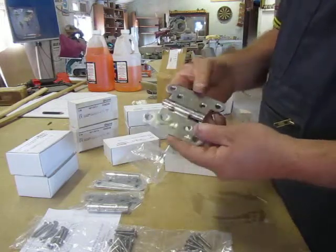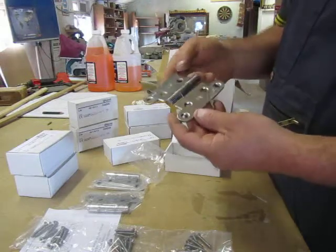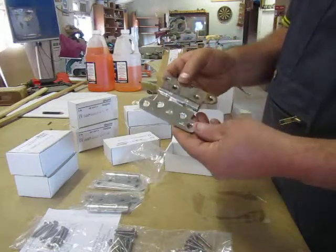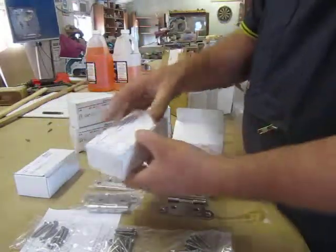If you look at the link on the advert, there's a link to Allgood's web page where you can see exactly the specification of these hinges. Okay, obviously each box has got 3 hinges in,